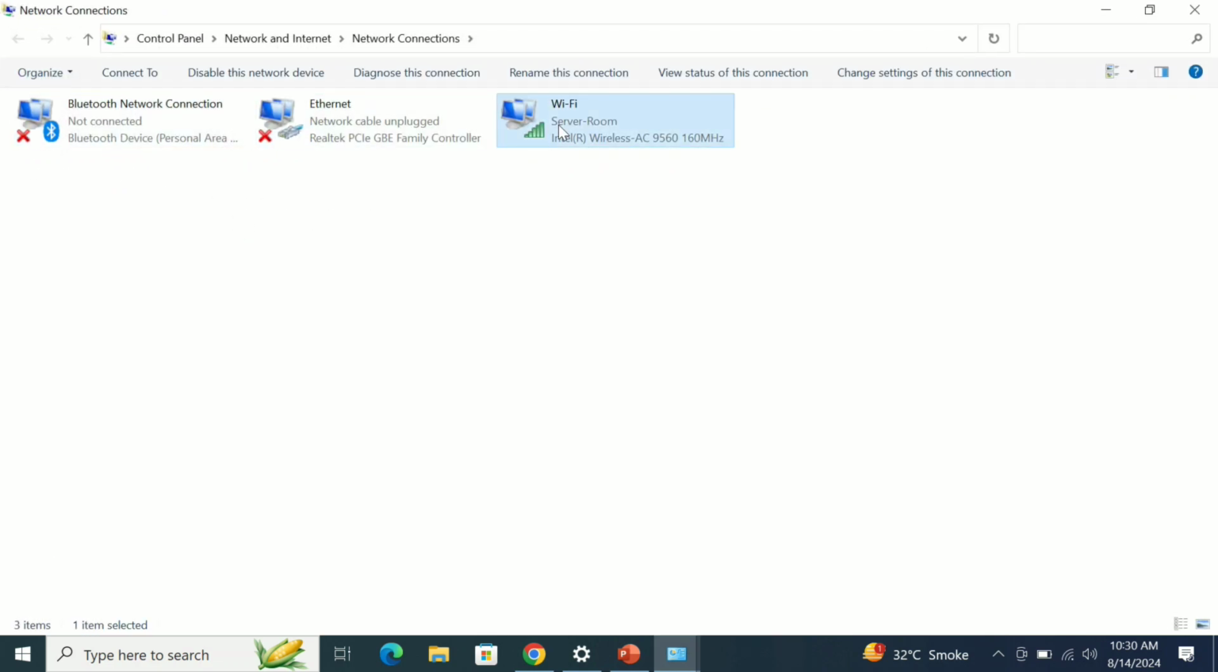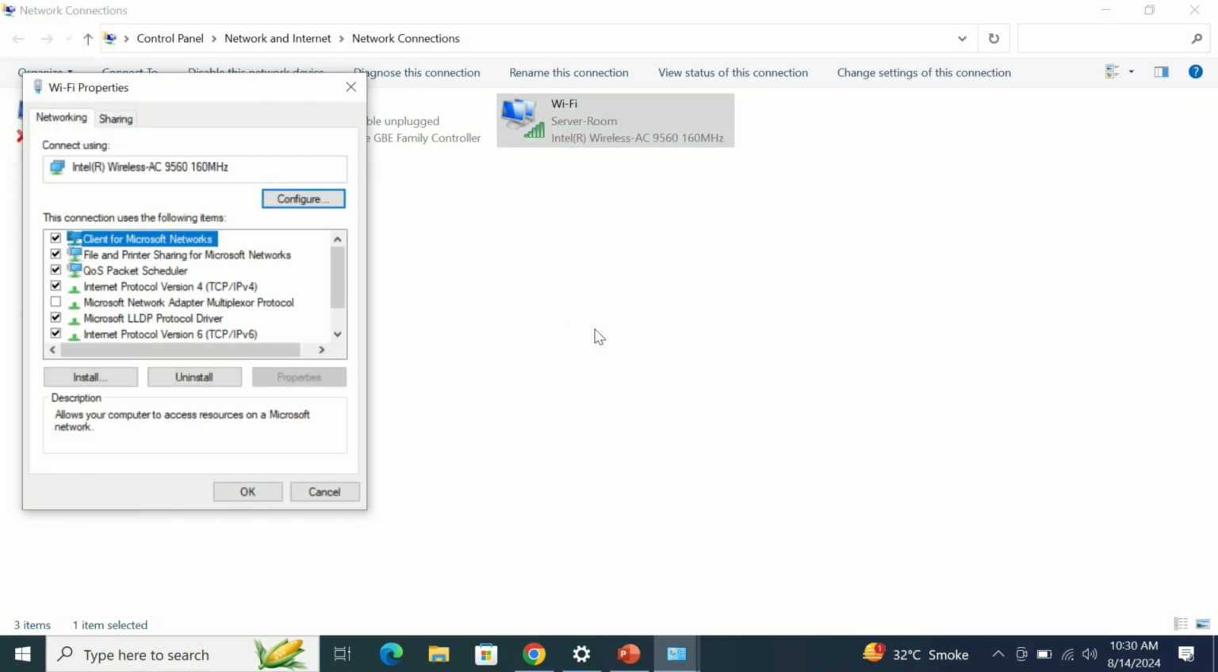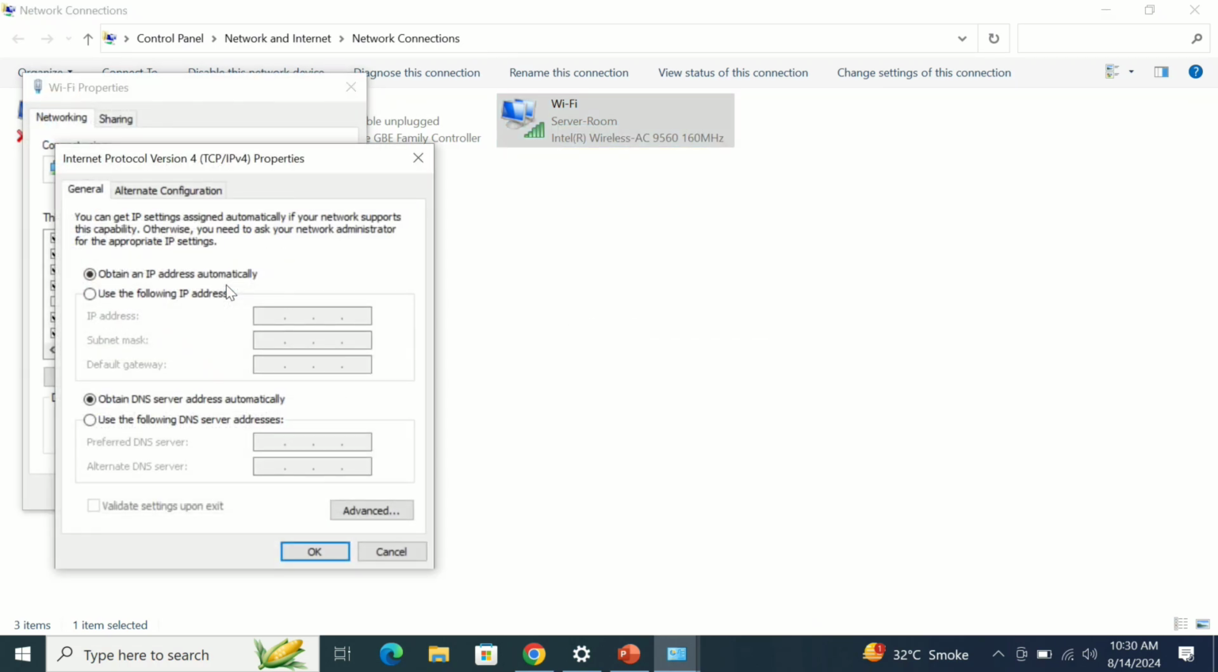Here you will find the Wi-Fi adapter. Right click on it and go to Properties. Now click on Internet Protocol Version 4. This window will appear. Now select Use the following IP address. Now put your IP address manually